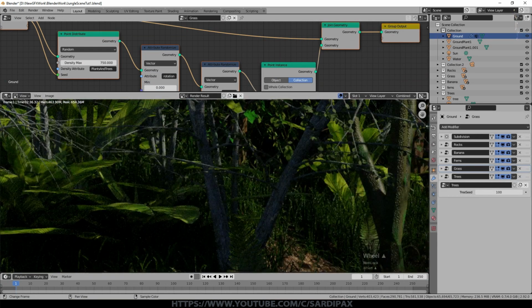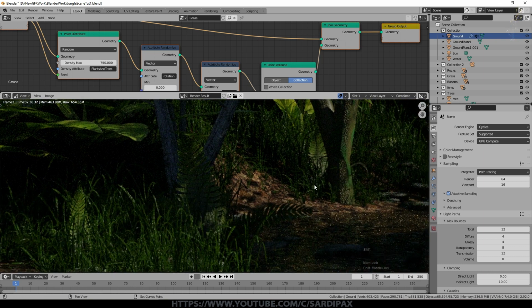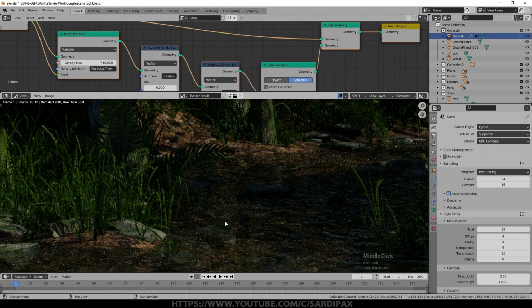Now, if I go back to my render for a moment, one of the other things you notice is I only rendered 64 samples, which is quite low for a Cycles render, but it still took quite a while. There's a lot for the machine to render here. But you can see it's, especially around the water, quite noisy. So we want to use denoising. I could use the automatic denoising, but I think you get a slightly better result from using the compositing denoise option. Plus you can turn it off if you want to render a little more quickly.